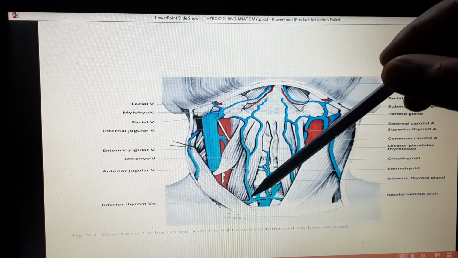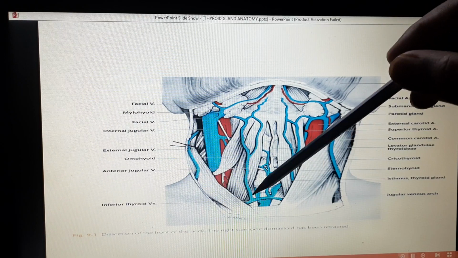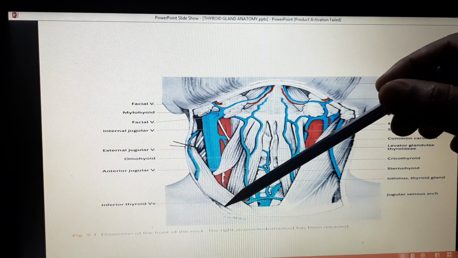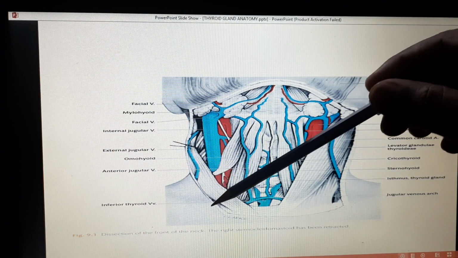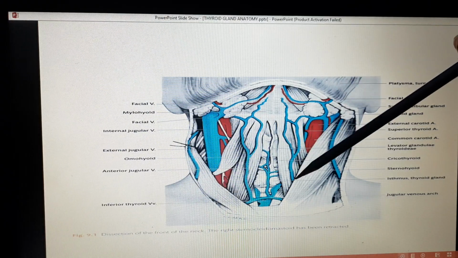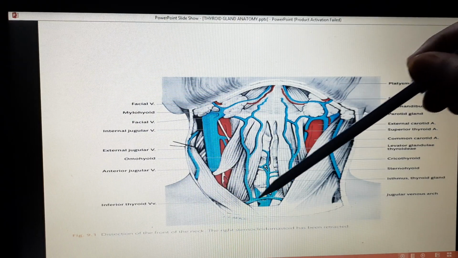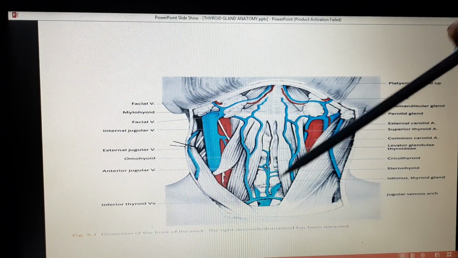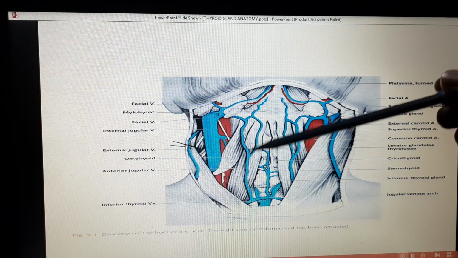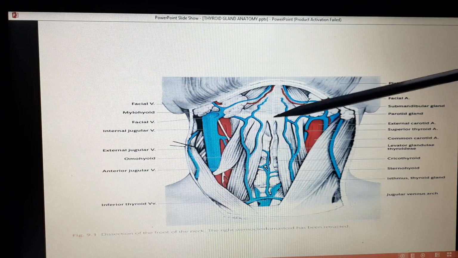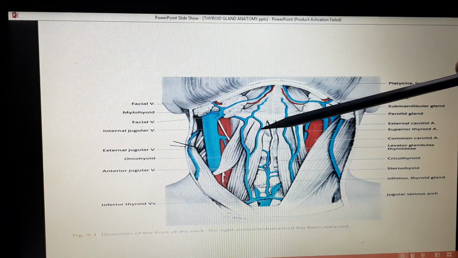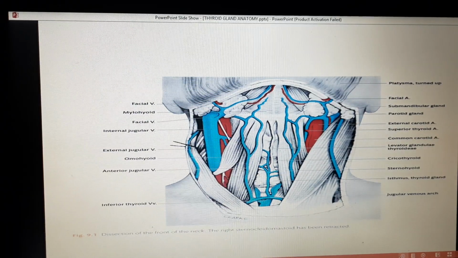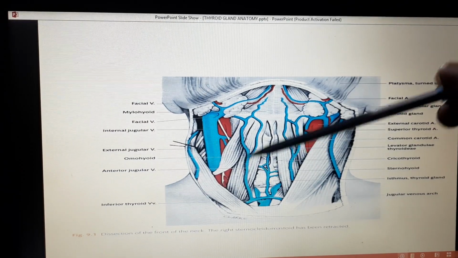and comes into the suprasternal space, and in this space it turns laterally beneath the sternocleidomastoid muscle and drains into the external jugular vein. The two veins join with each other by the jugular venous arch. So this is the structure of the superficial fossa. When you remove this, you get the investing layer of deep cervical fossa. After removing this, you get the infrahyoid muscles.